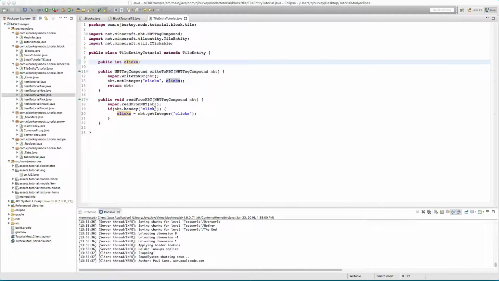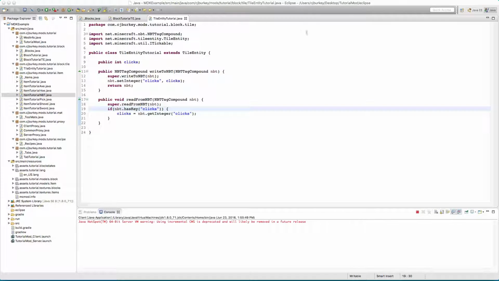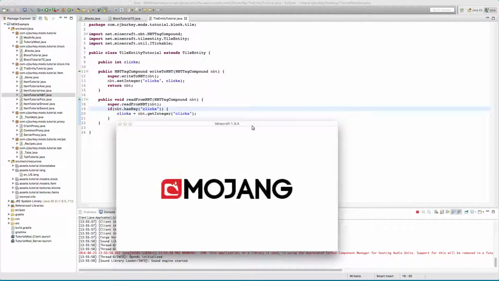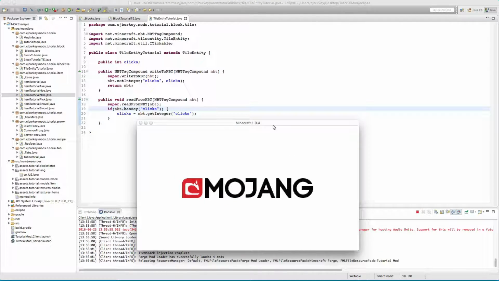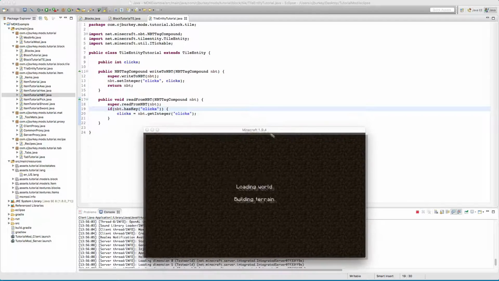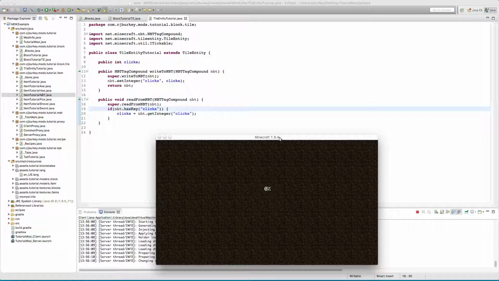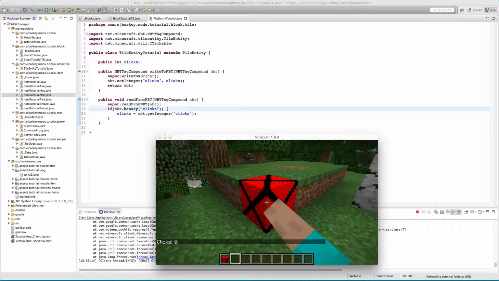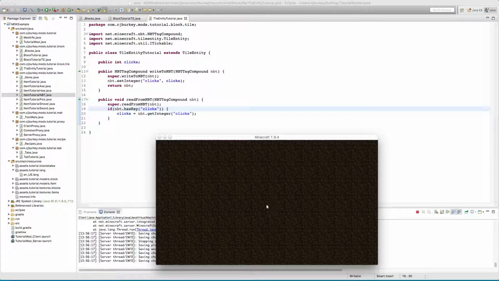Why not? I hate myself. It would appear that in my has key, I'm looking for click, not clicks. Doesn't that just make you feel all warm inside? So basically, my issue was I was checking if it had a field called click. And if it did, then go ahead and return clicks. Unfortunately, you have a bit of a problem because the field I saved was called clicks. So I've got 4 clicks on there,